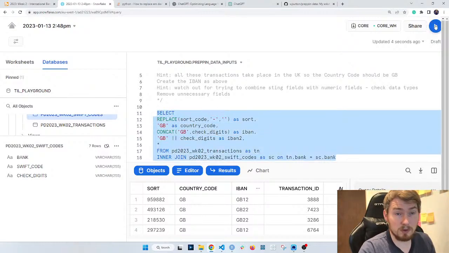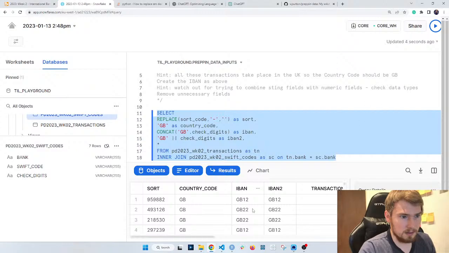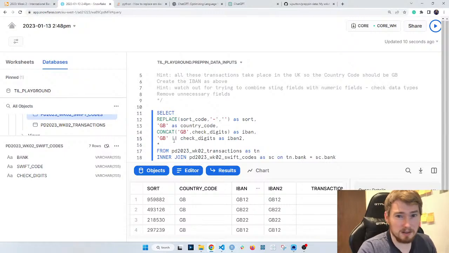So go and run that. You can see it's having the same effect. So there's multiple ways in most cases of doing these kinds of tasks. So different ways of doing different things.